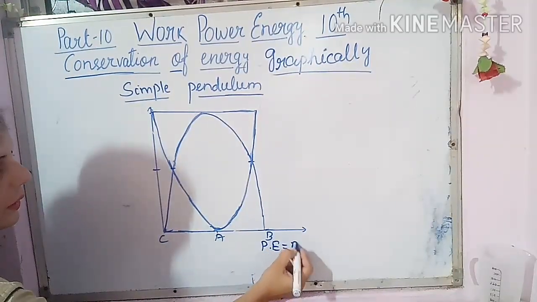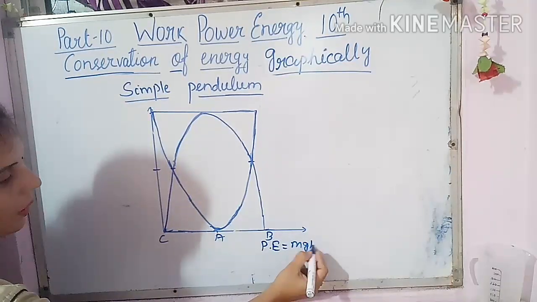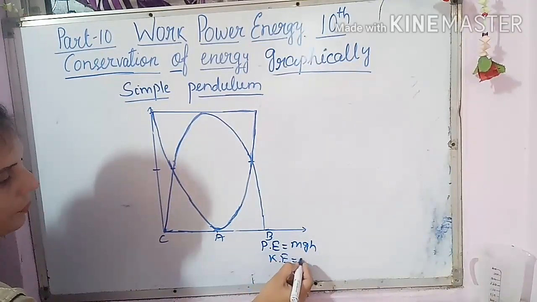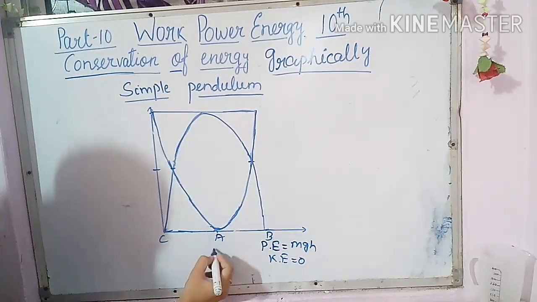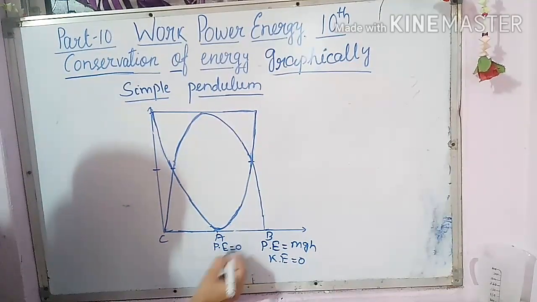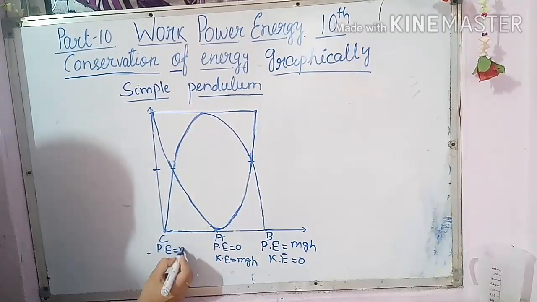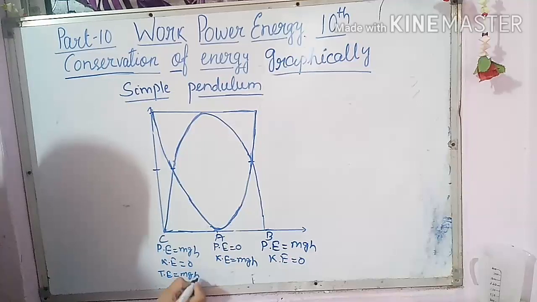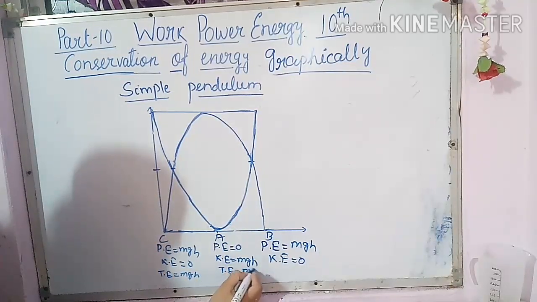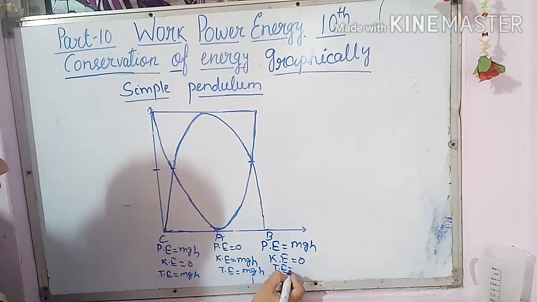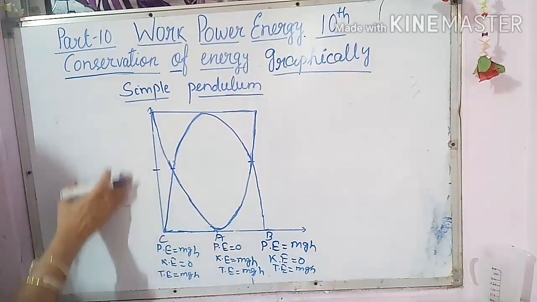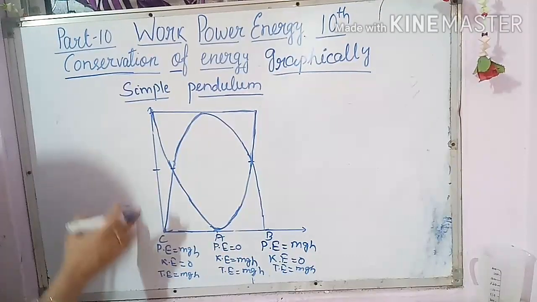As you know, we are swinging this bob from the B position, which is the starting position. Then PE equals mgh and KE equals 0. But here PE becomes 0, potential energy becomes 0, and your kinetic energy becomes mgh. And here the same condition occurs, that your potential energy becomes mgh and kinetic energy becomes 0. So ultimately, if you get the total energy, you are getting mgh. Here also the total energy is mgh. Here also you will get the total energy, that is your mgh. So it is the graph of your simple pendulum for the law of conservation of energy.